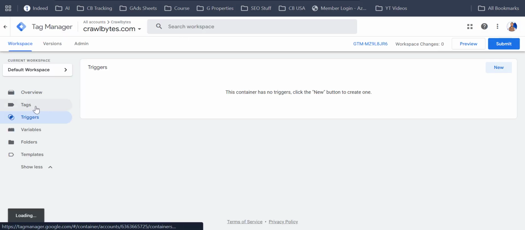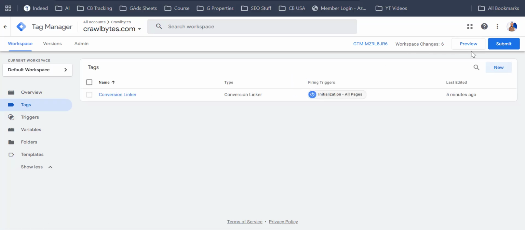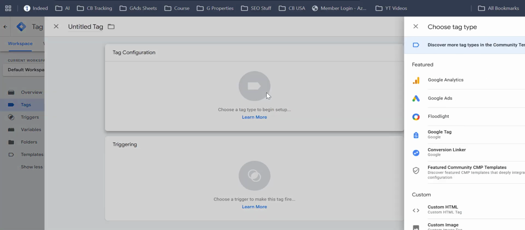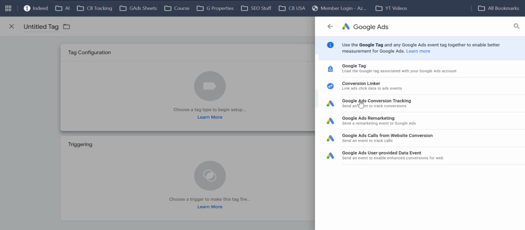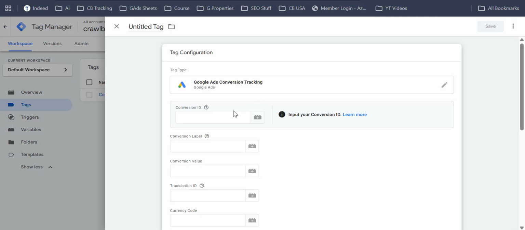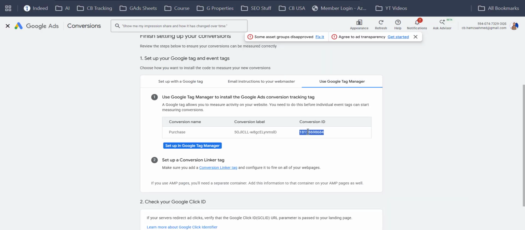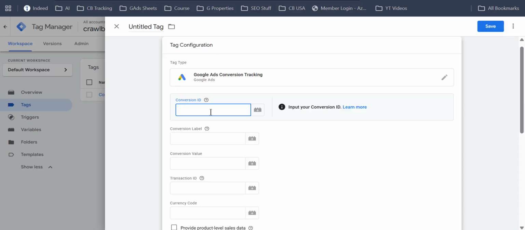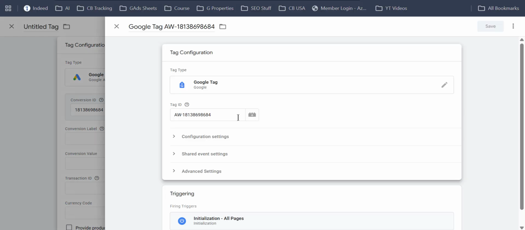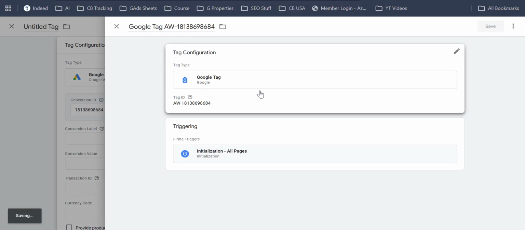where you have to click on tags and click on new, configure. Here you have to go to Google Ads, click on conversion tracking. Here, what you need to do is add the conversion ID. Conversion ID is available while creating the purchase event. Just paste it there, create the tag, just save it,